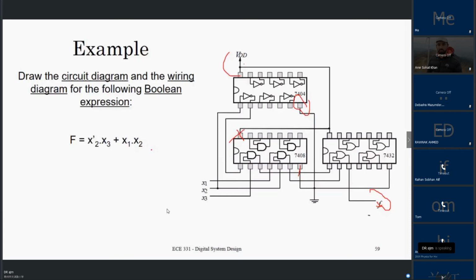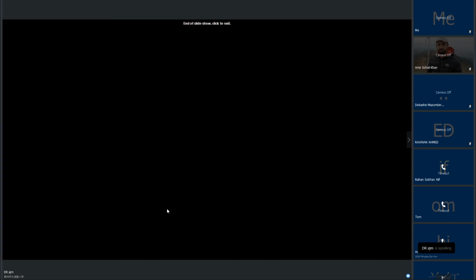Please do your task from this time with the help of Proteus and try to have some idea about the inside of your ICs. Okay, it's okay for today, I think, and we can stop now. But if you have any question,